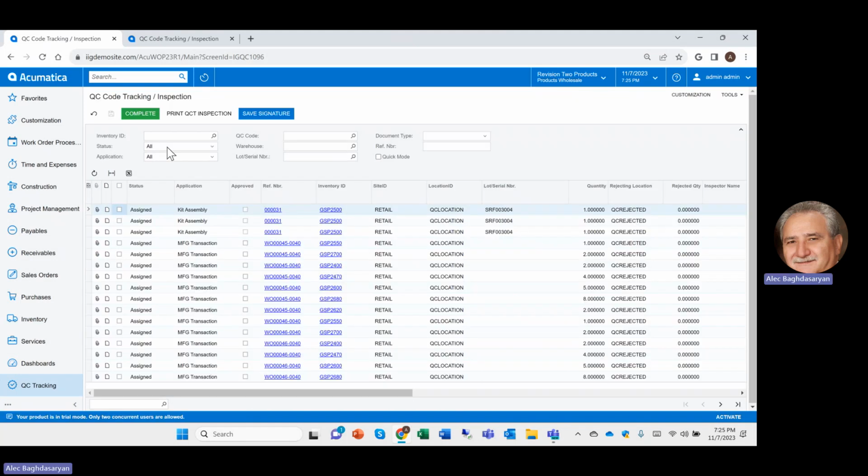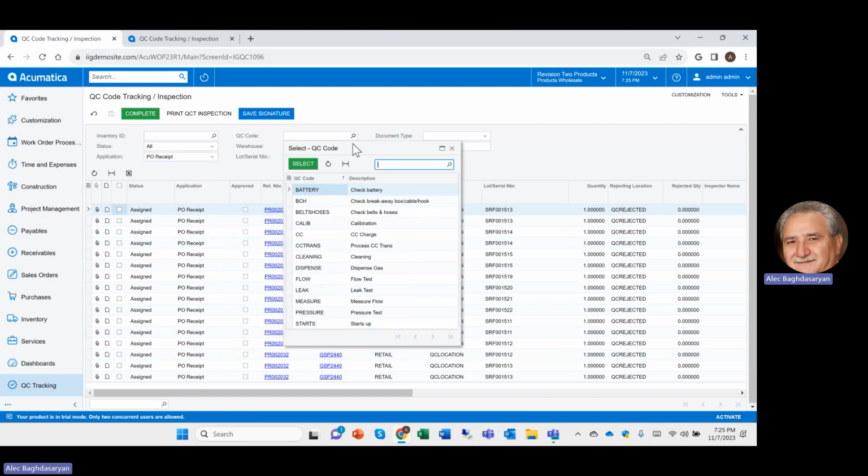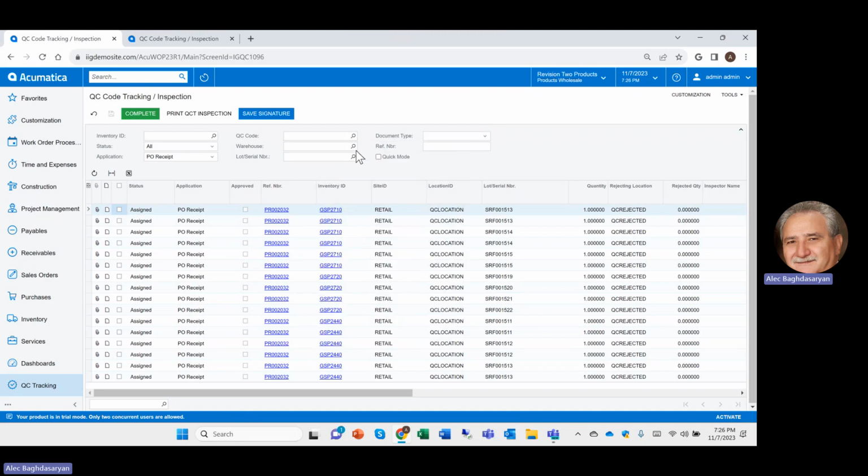and bring up the QC tracking. And here, depending on what my role is, I may just be doing all the QC functions that relate to PO receipt, or if my job is to do the QC for calibration, I'll select that and it will show me all the calibration related testing that needs to be performed. Notice that I can save a signature, print an inspection form, take notes, enter notes in here,